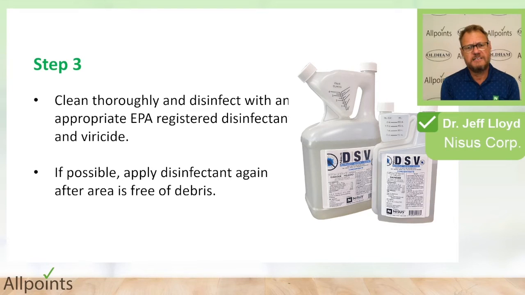Then thoroughly disinfect the areas where you're going to be working. If you suspect any sewage contamination, if you've had rodents or anything in the structure whilst it was flooded or after it was flooded before you could get to it to clean it, make sure you appropriately disinfect the material. One example you might consider is a disinfectant, sanitizer and viricide that's labeled for pretty much all types of pathogenic organisms that the home could be contaminated with. Sometimes it makes sense to do a treatment after you've removed some of the materials, then continue cleaning, remove more materials, and then do another treatment after you've removed additional